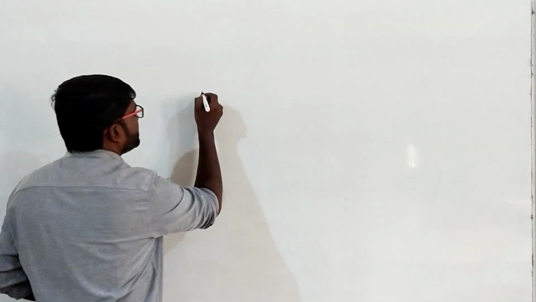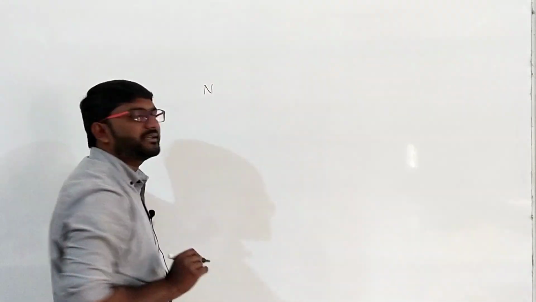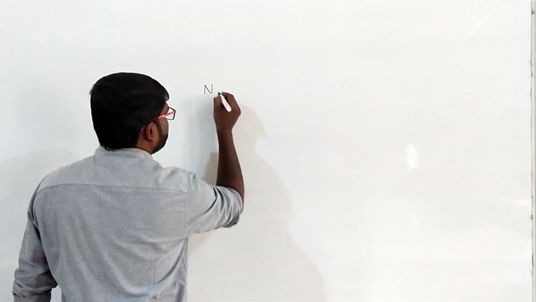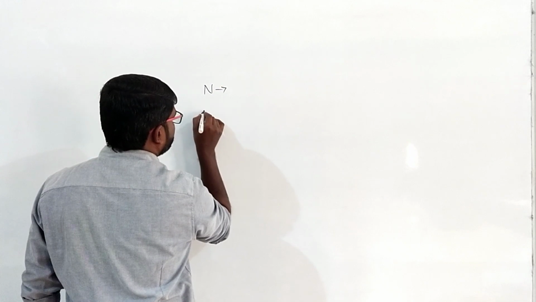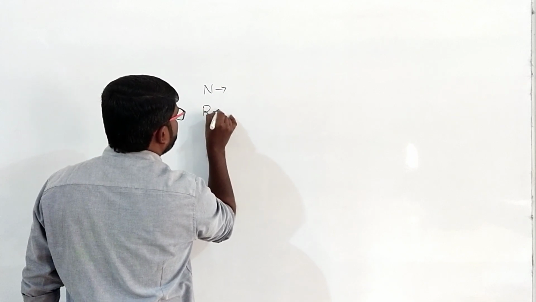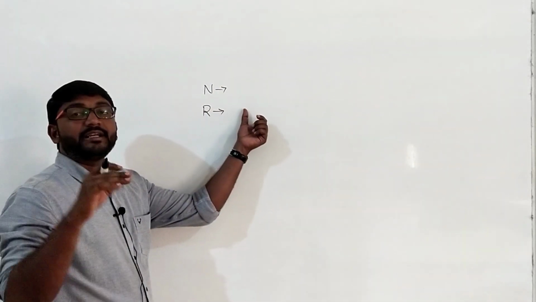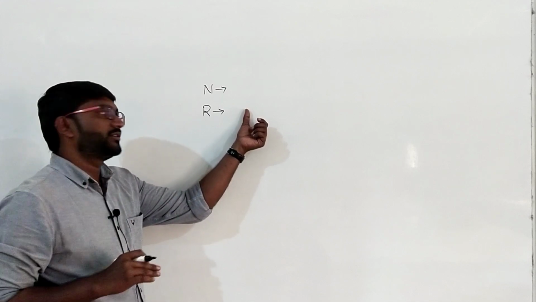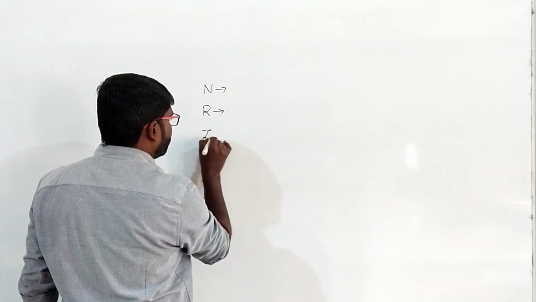So some of the common notations that we use in our day-to-day mathematics is, we use capital N. What is this capital N? Set of all natural numbers. And then we use capital R. It is the set of all real numbers, and then we use capital Z,